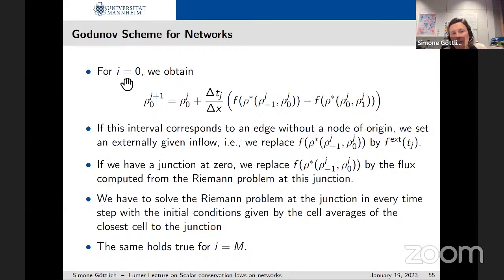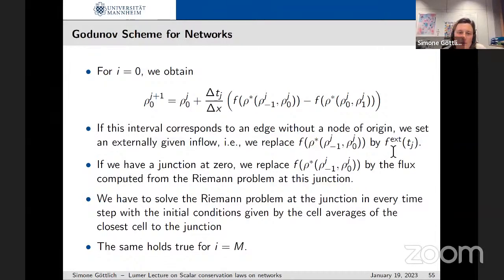So let's assume that A_i equals 0. We end up with a scheme like this, and we observe that there's a row -1. And this could be, for example, if the node is the origin, some external inflow, and we can replace this expression by the